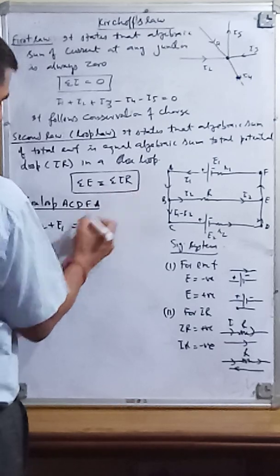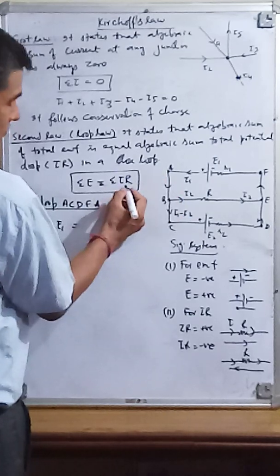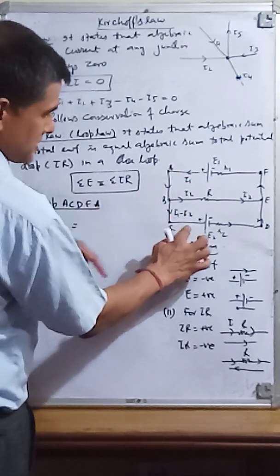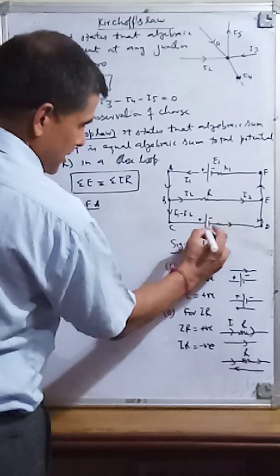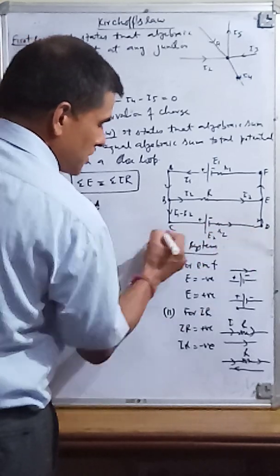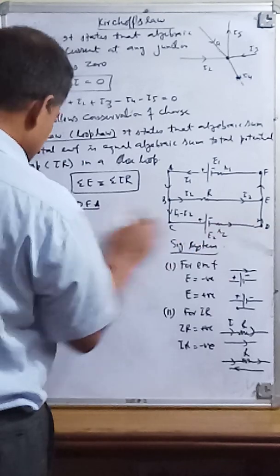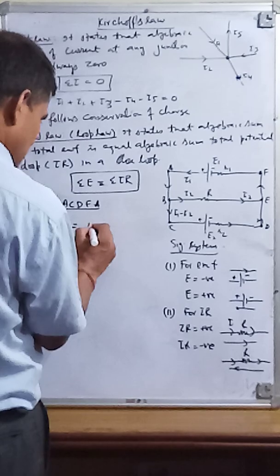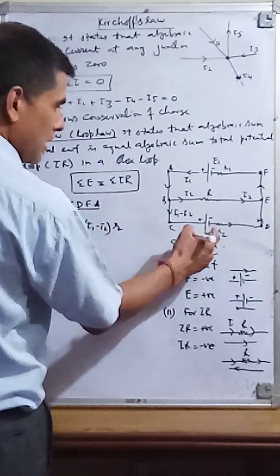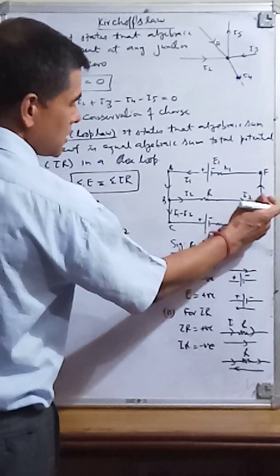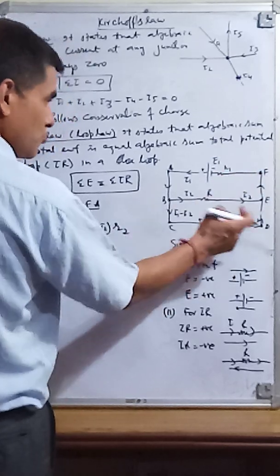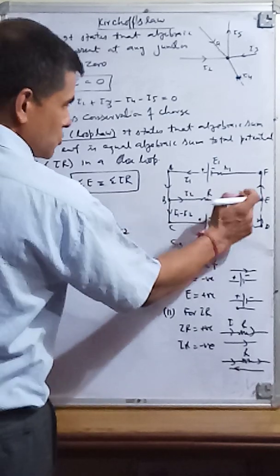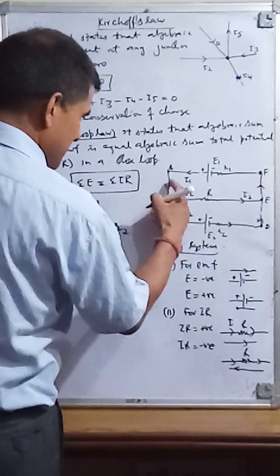Okay, now you go for I into R. I into R will only be there when there is a resistance. Don't see the current, go for the resistance. The current is going in this direction, and we are also going in this direction, A, B, C, D. So I into R is I1 minus I2 into R2. This is R2. Now you go. This is the resistance. You will go only in the loop which we have written here. So you are going in this direction, and this current is I1.